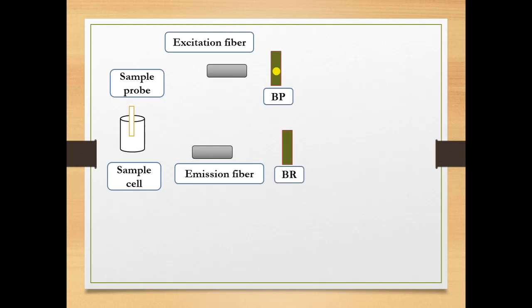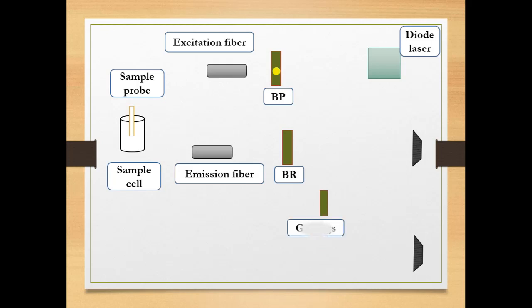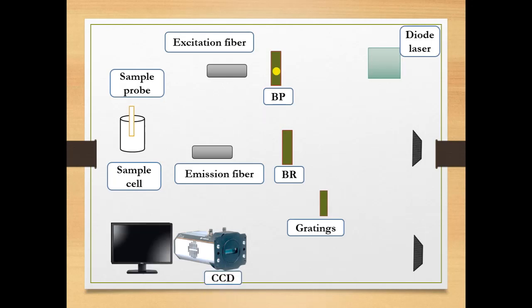And we have another filter, the BR, a band rejection filter. Then we have a laser source, a diode laser. Then mirrors are there. Then we have gratings, that is a monochromator, and CCD as a detector, and the last is the computer.